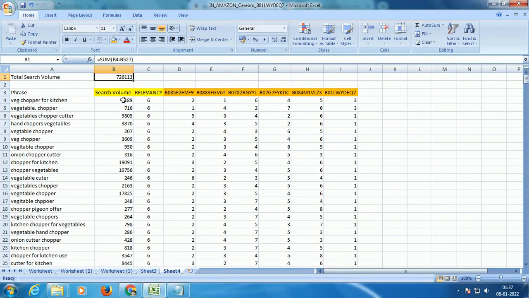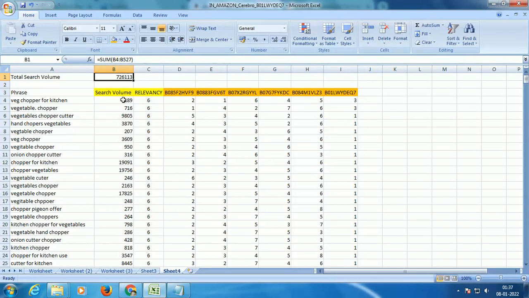Since these 6 people are ranked for various pages, for various keywords on various organic positions, I see that they are attracting a search volume of about 7,26,000, which is not small, which is huge.